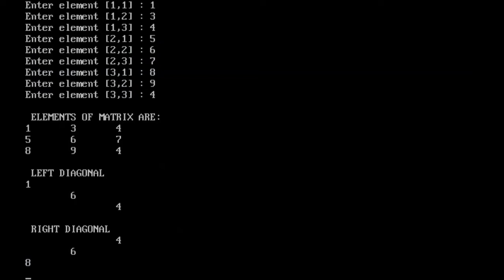So this way we can print the diagonal of a matrix.